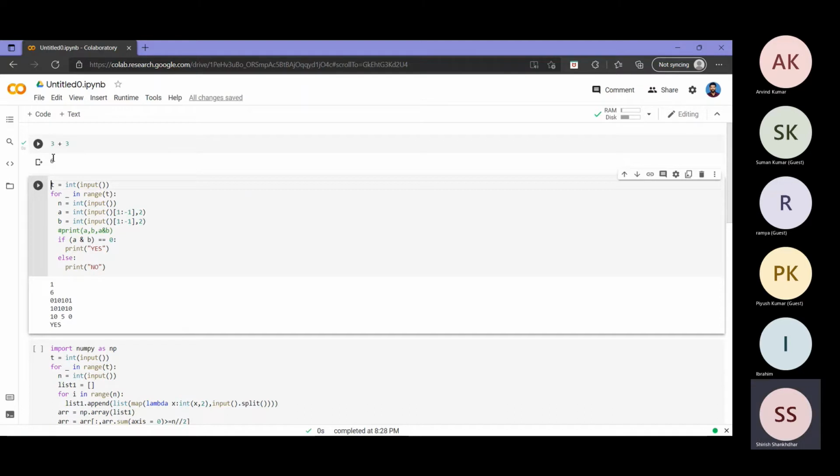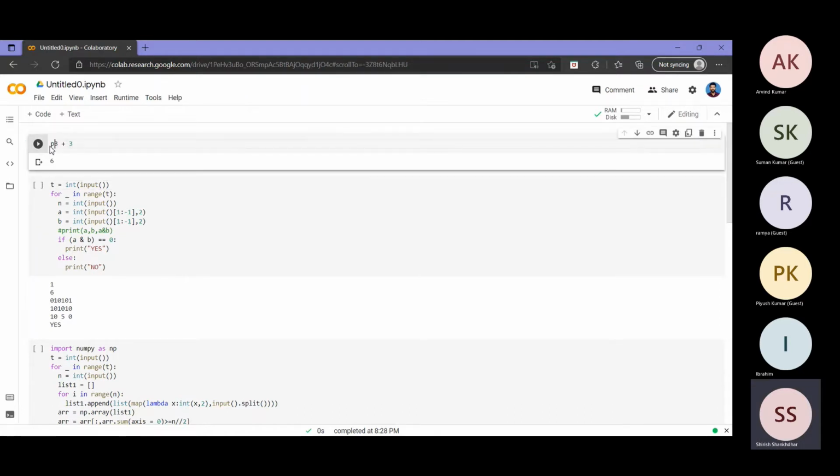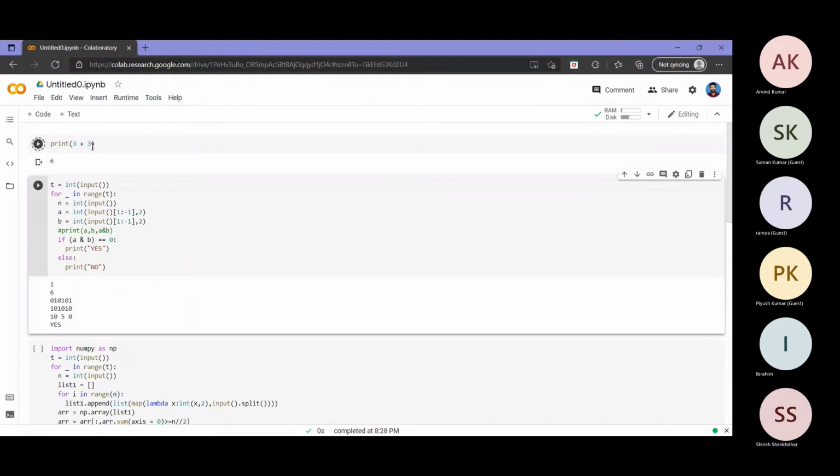Okay, if you can see here, you got 6, or you can even give it inside a print itself. You should always prefer to give it inside print, because when you have 2-3 lines, if you don't give print, then only the last line will get printed out.